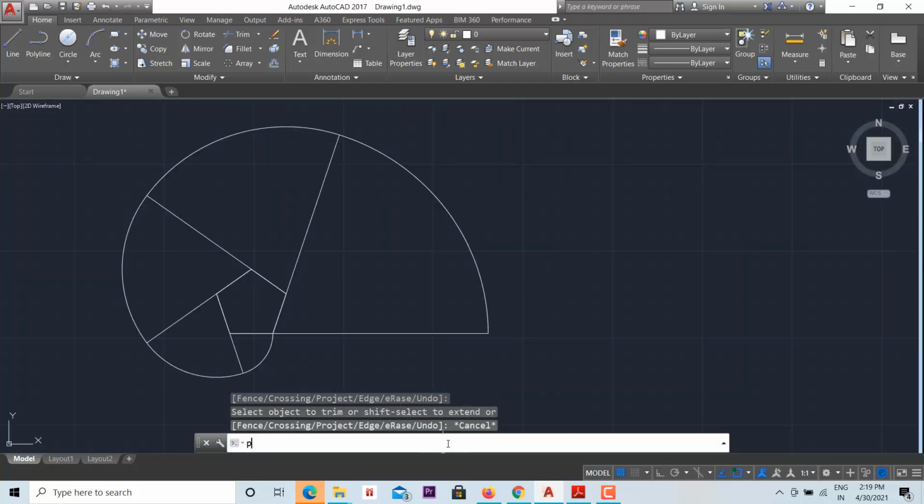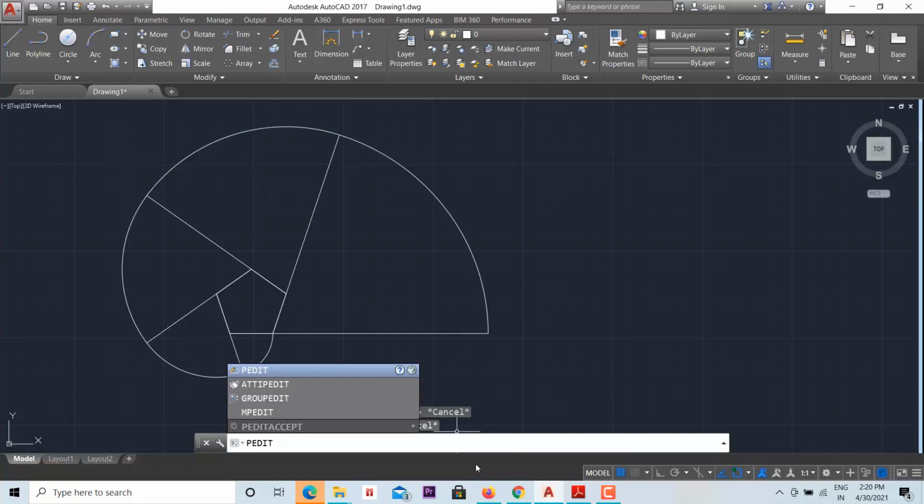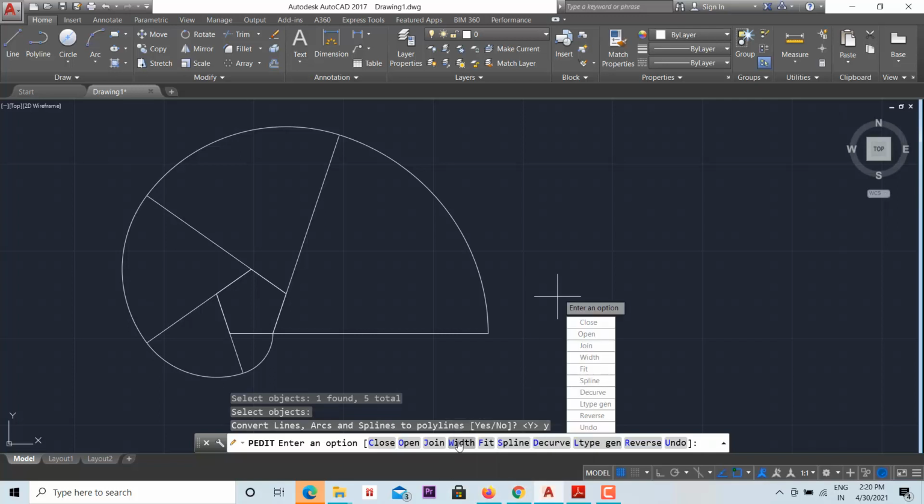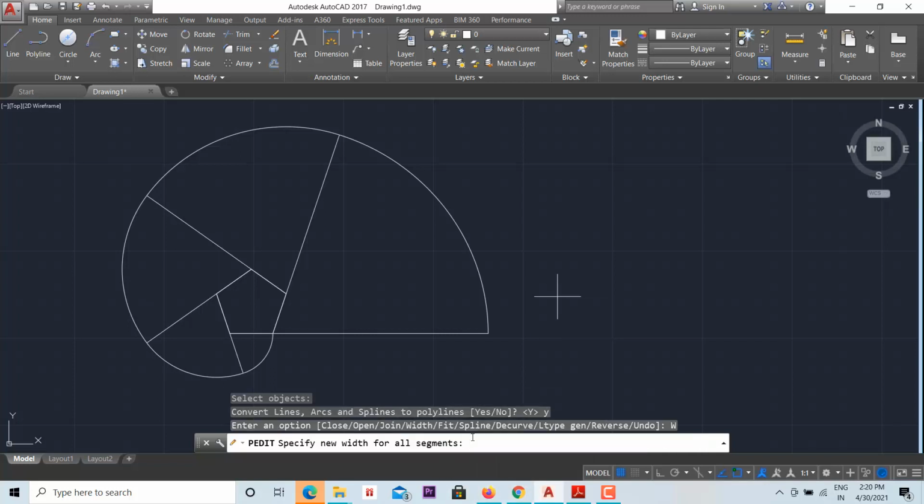So just use pedit to highlight the involute, select multiple and select all the portions, then press enter. Then you have to press Y, click width, and the width is 0.75.